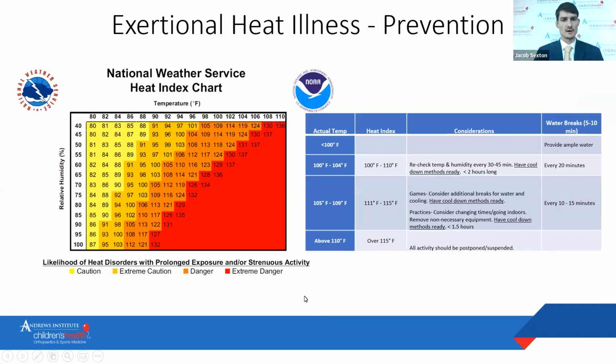This is the Frisco Independent School District, which is one of the school districts I work at. This is their heat-related illness protocol. So on the left image, you have the National Weather Service heat index card, which is their reference phase. And then on the right, you have their standardized heat index considerations and athletic activity cessation guidelines. And as you can see there, as of course the temperature gets hotter, there's more breaks required, less time spent on the field, and more time spent with breaks. Ultimately, with anything above 110 degrees of actual temp or heat index greater than 115, there's complete cessation and postponement of all athletic activities.